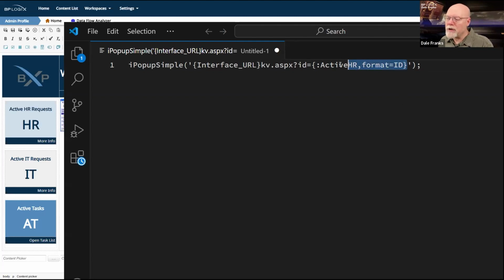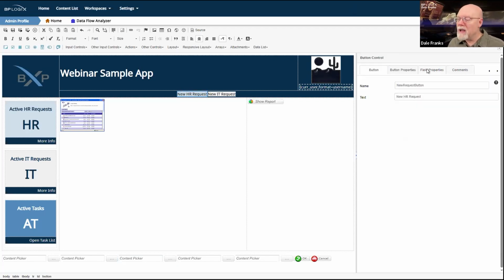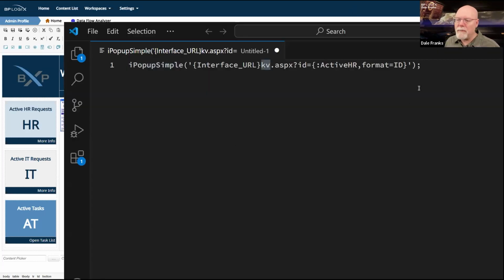So this, of course, just gets parsed into whatever that GUID is, and this system variable gets parsed into training.bplogix.net, and now I have a complete, fully qualified URL that gets passed into iPopUpSimple. Now, in this case, it's calling kv.aspx. If we go to the new HR request and we look at its button properties, iPopUpSimple, we'll copy and paste it again.